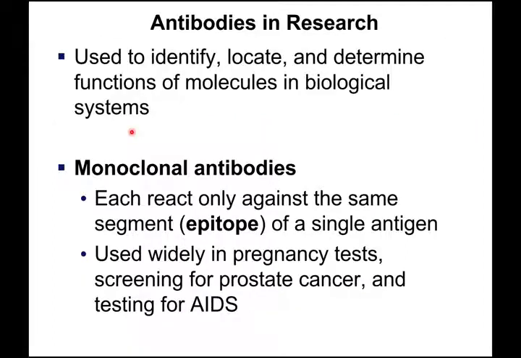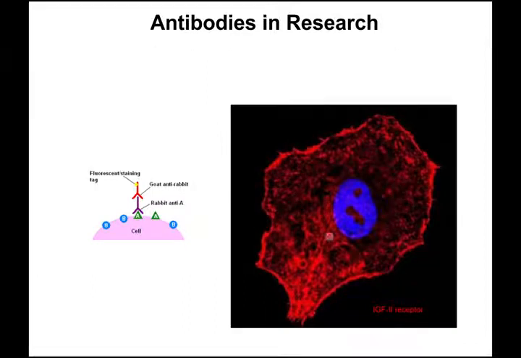So these are referred to as monoclonal antibodies, all antibodies that are specific for the same antigen and particularly epitope. They can be used, for example, to visualize a certain structure inside a cell. Imagine you take the IGF-2 receptor and you inject it into rabbits. Now you can get the rabbits to produce antibodies specifically against this protein, which then you can take out, purify,